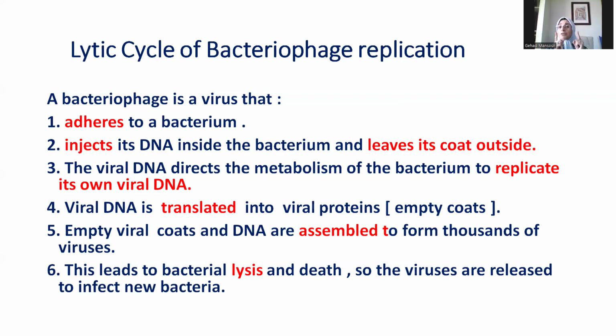And then those copies of viral DNA that have been formed will be used to form a protein coat. We will use the code on these viral DNAs to make protein coats. And then the final stage is assembly of the DNA of the virus with the corresponding protein coat to make thousands of copies. Is this replication and reproduction? Yes, because it's only one viral particle that entered the bacterium. And at the end of the day, at the end of the cycle, we ended up by having thousands of